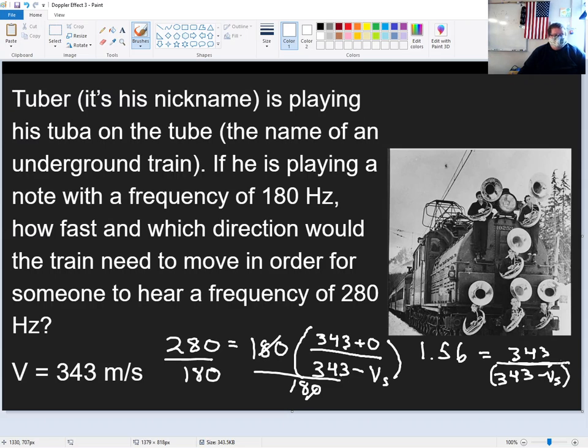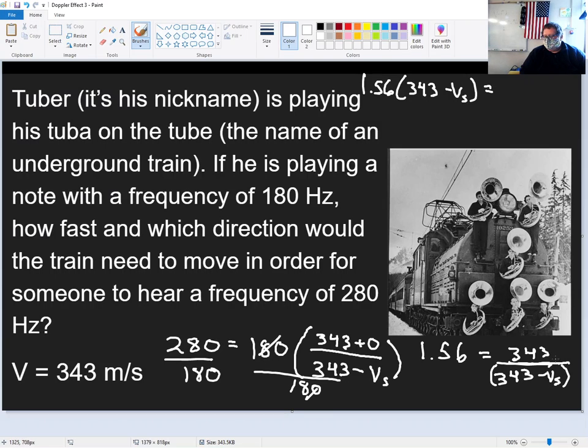There's multiple ways you can go about solving this. Generally speaking, if there's an unknown in the bottom, I try to get it to the top. So what I would do is multiply both sides by 343 minus Vs. I'm unfortunately out of room, so I'll just have to write it up here. So now, this is 1.56 times 343 minus Vs